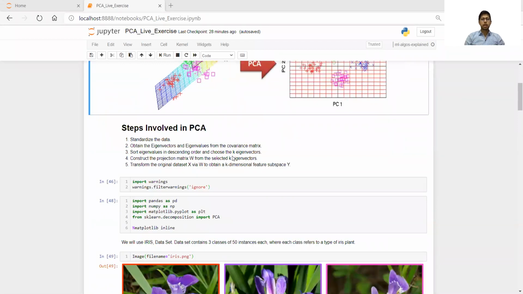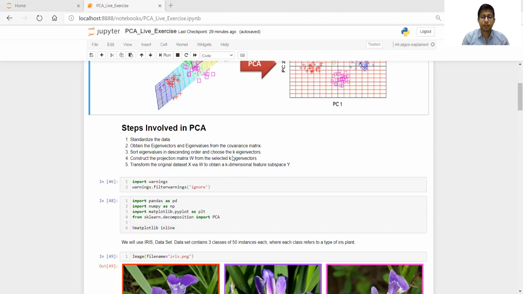So today I'll be talking about the steps involved in PCA. So we will be using Python and executing Python commands and libraries to come up with the final set of features. So the first step is we do standardization of the data. Why do we do standardization? The reason is we want to bring our feature set to zero mean and one variance.